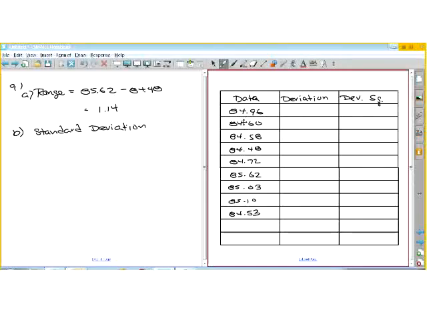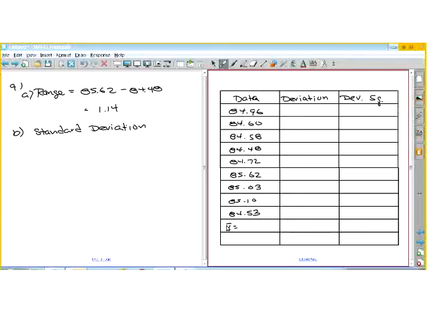And I should have 9 numbers. 1, 2, 3, 4, 5, 6, 7, 8, 9. Okay, so we need a mean. So we're going to add all those numbers up and divide by 9. 84.96 plus 84.60 plus 84.58 plus, I forgot one here, 84 point. Yeah, that's right. 84.58, 84.48, 84.72,